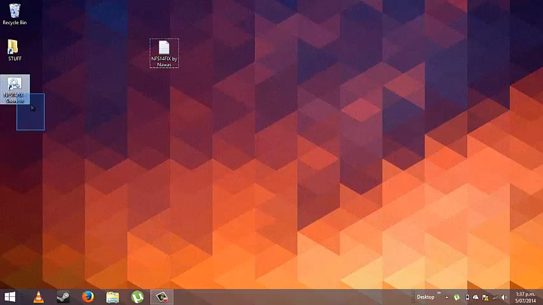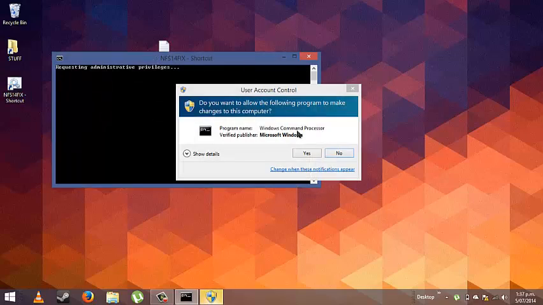So now it should come up on your desktop, or whether I've just made a shortcut from where I've put the file. Just double click, go yes,